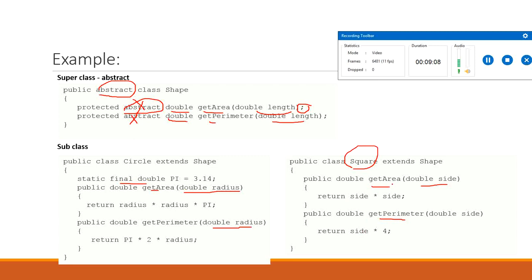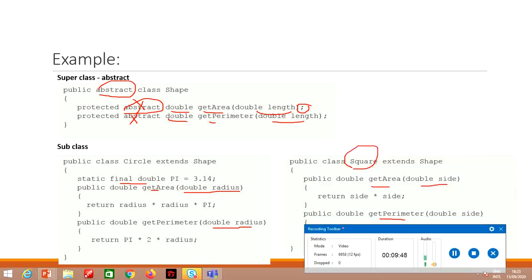So the meaning over here is, in the abstract class we just provide the definition of the method, but the implementation can be defined in the subclass according to the user's requirement. In the abstract class we have defined two methods, getArea and getPerimeter. These two methods can be used to calculate the area of any shape: area of triangle, rectangle, trapezoid, any shape. Similarly, the perimeter of any shape. This is the idea behind the